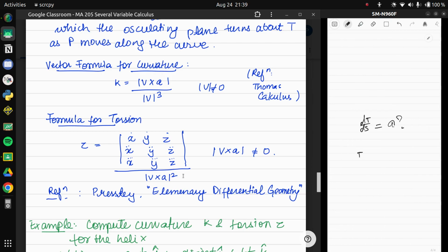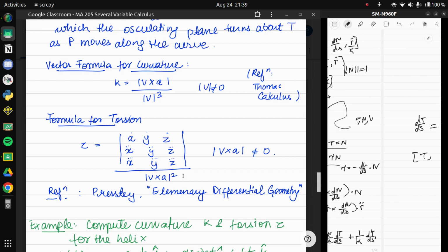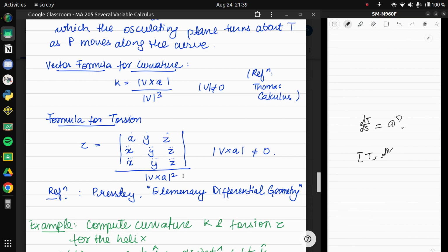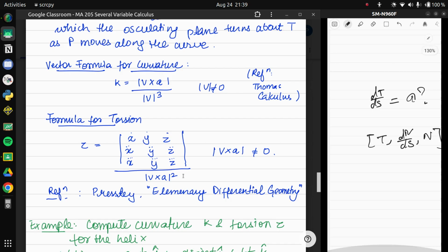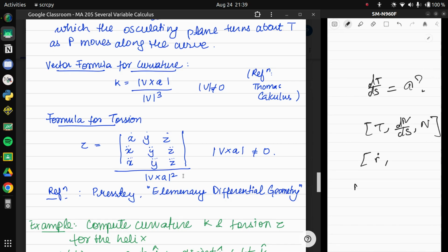Okay, let's rewrite the whole thing. It's supposed to be dn by ds. Actually, no, let's just write it like this. So this is just t and then dn by ds and n. That's the triple product we are looking for. Now t is just r dot, undoubtedly. dn by ds, so n is just equal to